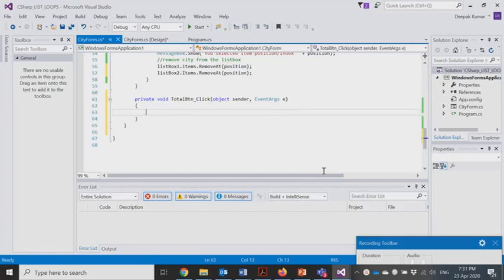I would use this opportunity to also demonstrate a for loop to you, to accumulate a total of the number of wards in all the cities. So what we are trying to do is a sum total of all the wards that we have in the list box that we have captured into the city list box.